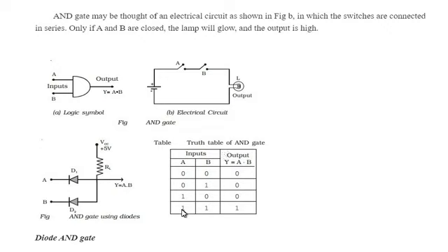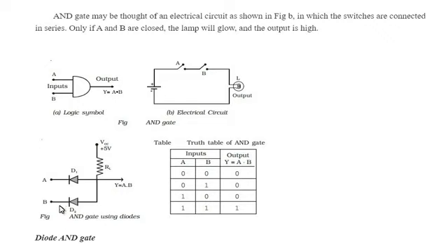If A is equal to 1 and B is equal to 1, what will happen? Means both the switches are closed. Switch A and B both are closed. Then this is a complete closed circuit. Therefore the lamp glows, and as the lamp switches on, we'll get the output as a logic 1 or high. Okay. In this way, at the last case, this definition or logic of the AND gate is verified. Means if A and B both are true, then Y is true.